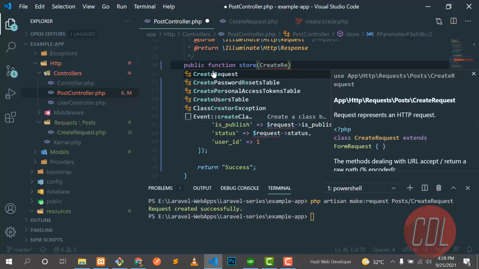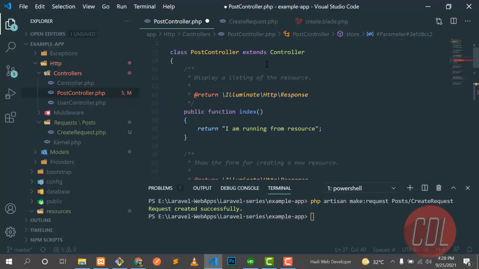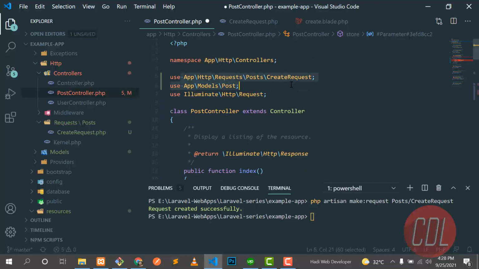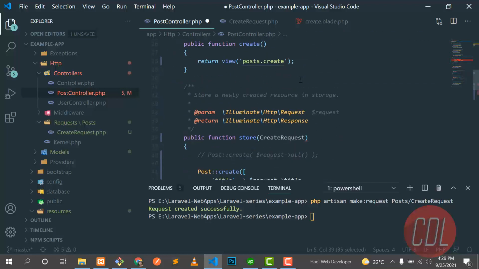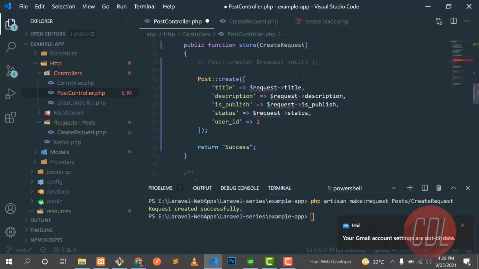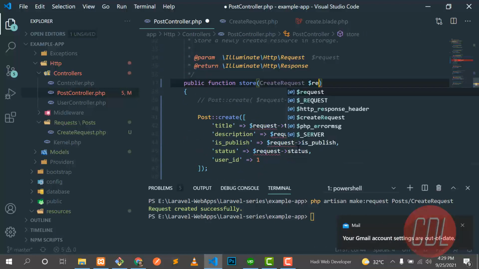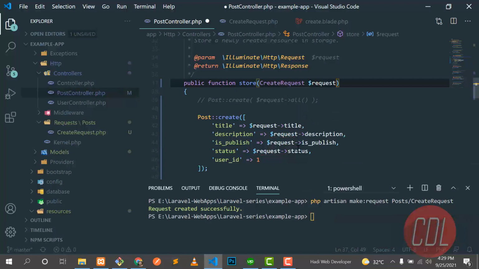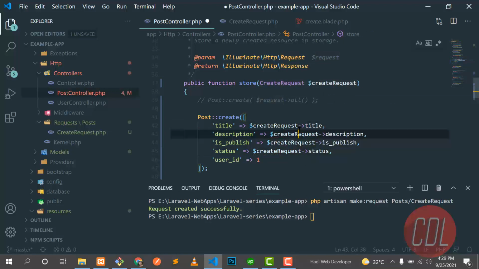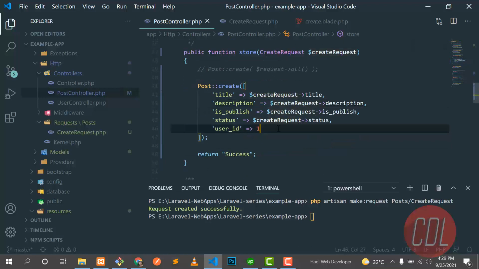I hit enter and it's added at the top. If it's not added, you can import it manually. And here we can also type this request, or you can also type CreateRequest. You need to copy this request and replace it with this one, and it will work like a charm.